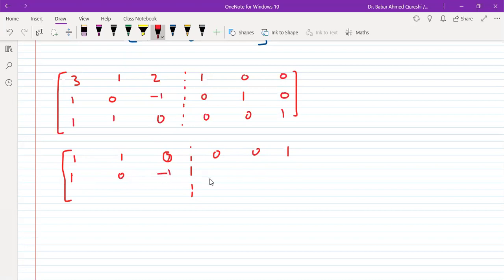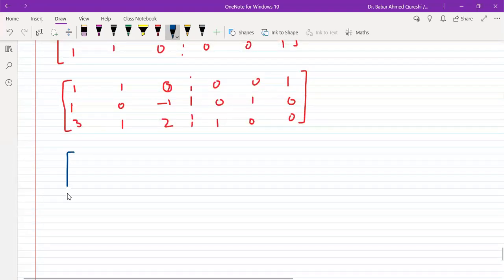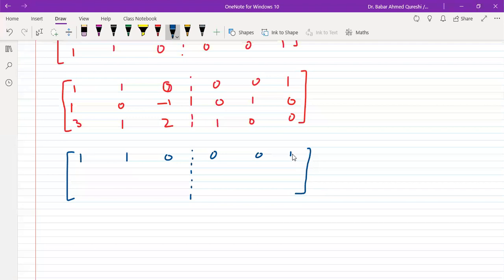Second row is not changed, and the first row comes at the third. Now I can start making these zeros. So -1 times the first row is now going to stay the same, and -1 times the first row added to the second gives me a 0, a -1, a -1, 0, 1, and